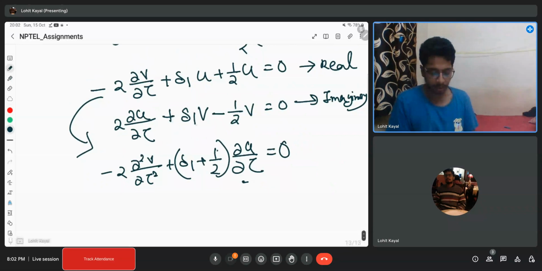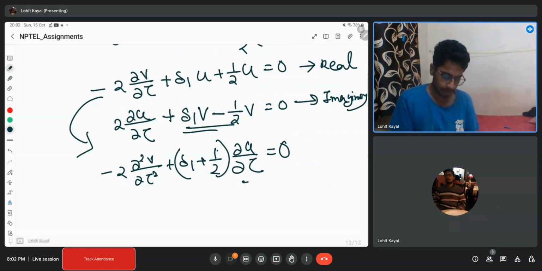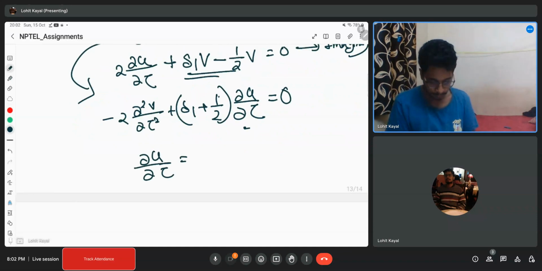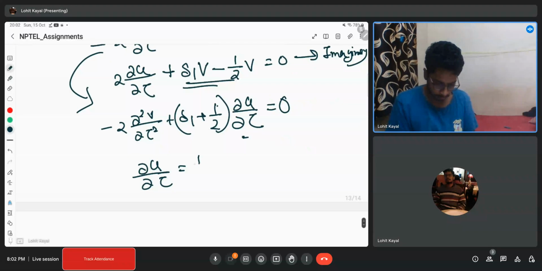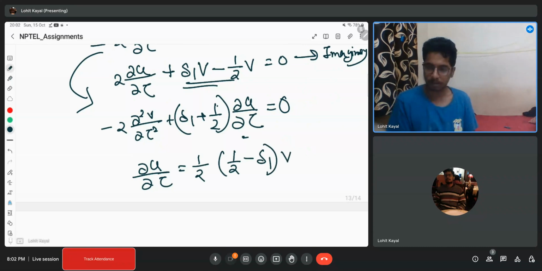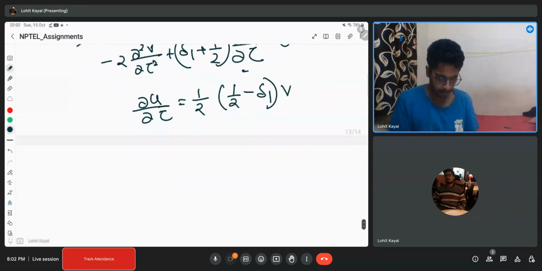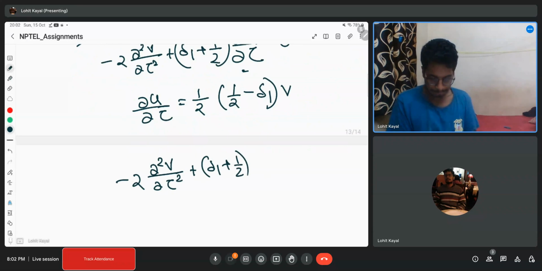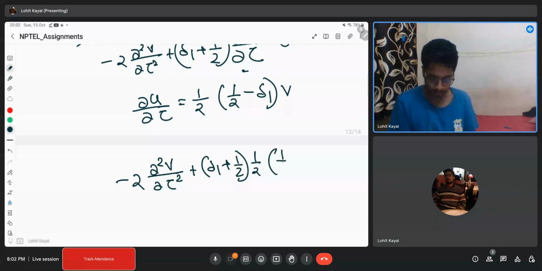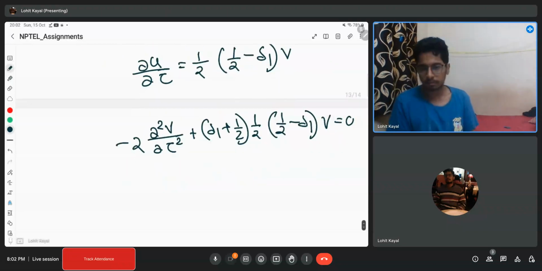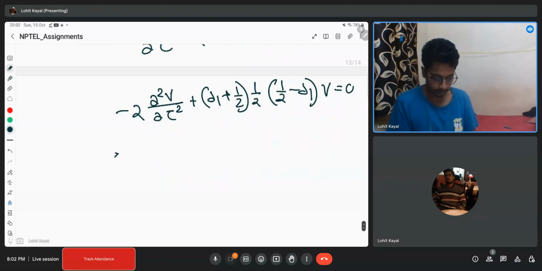I will substitute del u del tau from the other equation, which is 1 by 2 times, with minus outside, 1 by 2 minus delta 1 into v. Substituting, I get minus 2 del square v del tau square plus delta 1 plus half into half minus delta 1 into v equal to 0. If I divide by minus 2, I will get